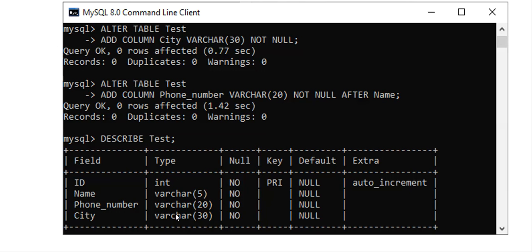And the data type is given that we have defined already. Null is also no, primary key is there, same as it is. So other changes are not done, other things are same as it is. The only thing is the two new columns we are adding, we are seeing it over here. Okay guys, clear? Any doubt in this part? So this is what we are trying to tell you over here, that is how we can alter the table, that is adding a column to that table.